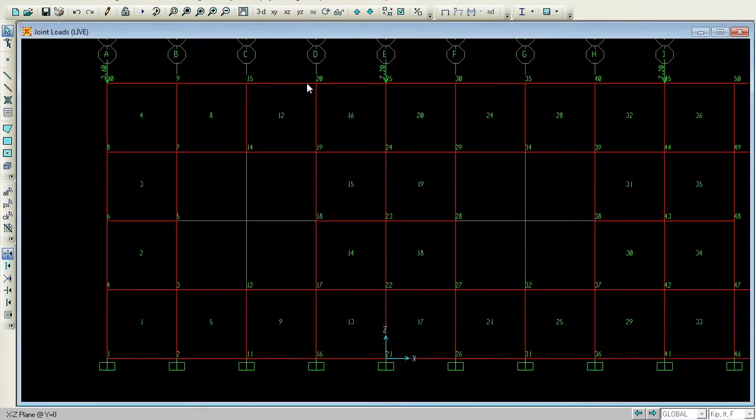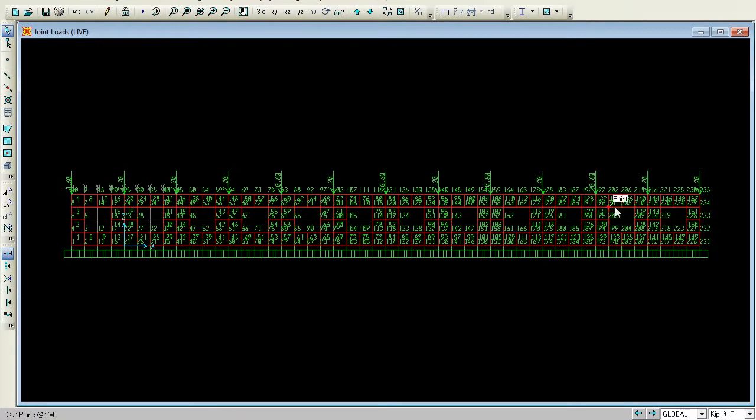See, you are not able to see the entire diagram here. You can press this option, or you can go for this option, whichever you feel is comfortable to you. So restore full view, or simply press F3 on your keyboard. So these are the displayed members.